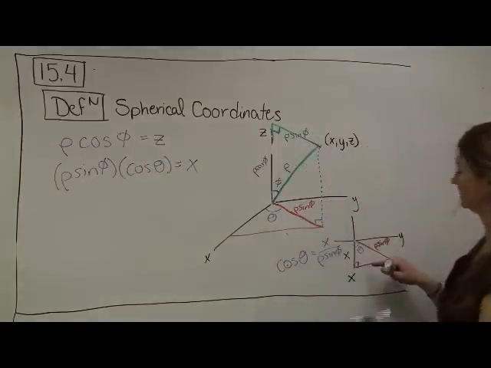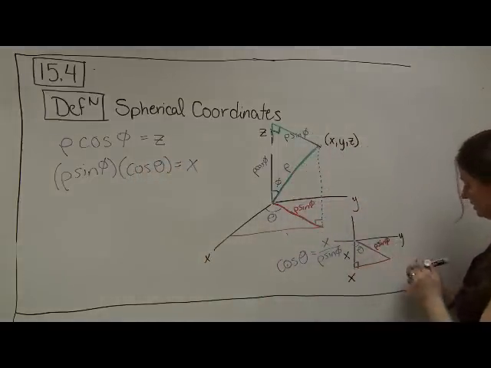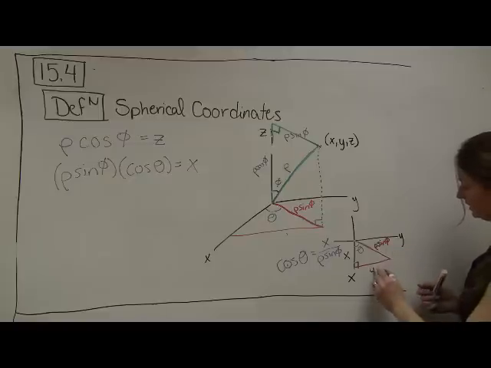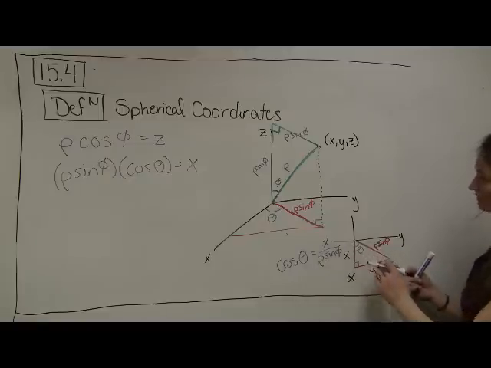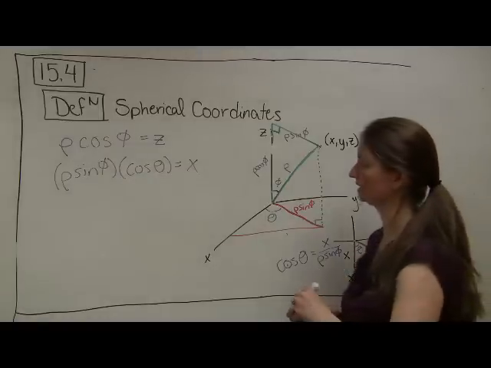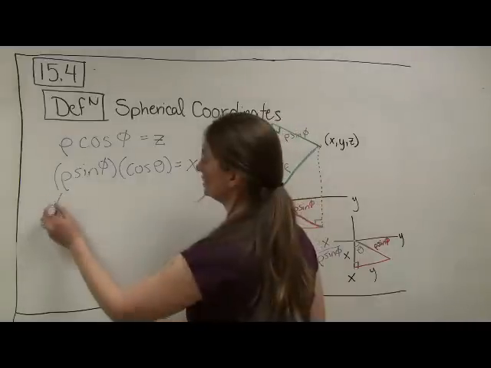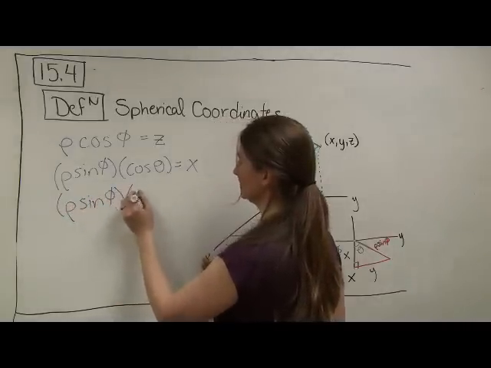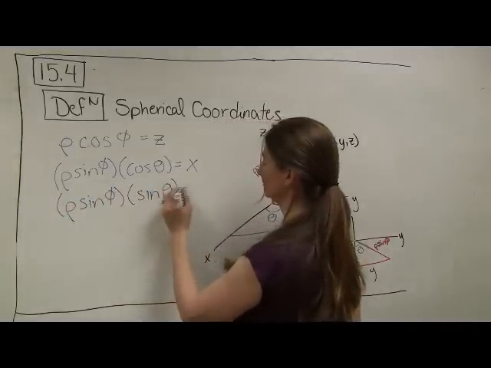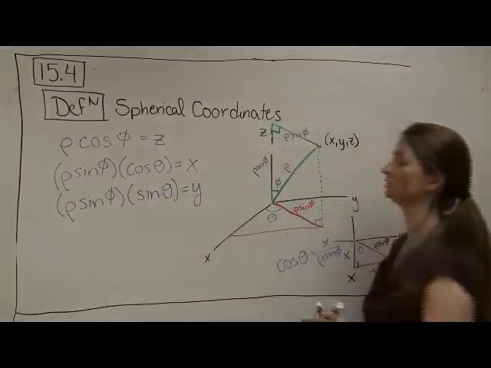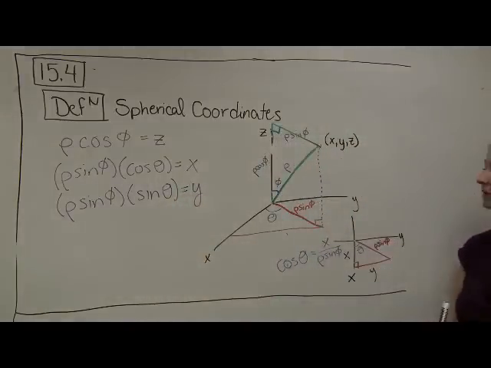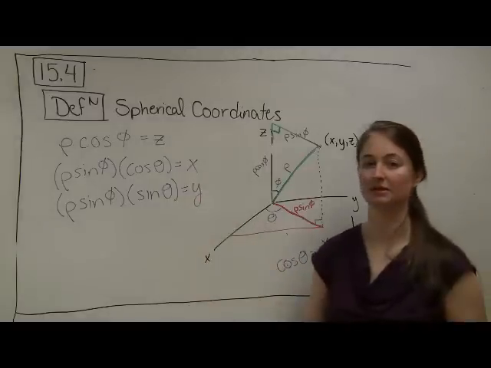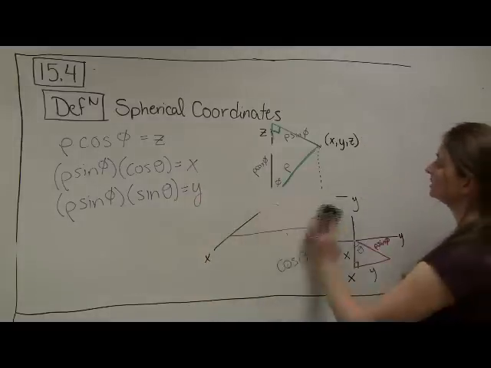And similarly, when I want to know my y-coordinate, my y-length is down here, so my y is given by the sine of theta, and it means that my y-coordinate is going to be rho sine phi times the sine of theta. And that's all just using triangle geometry. You don't want to memorize all that. This is a way that you could recreate it. Or you could just write it down and memorize it. So let's go ahead and see an